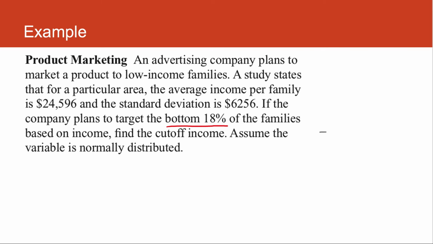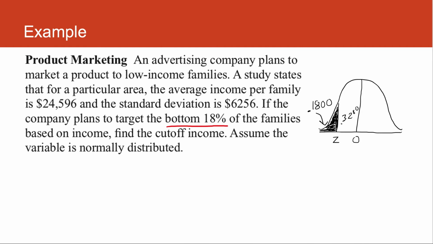All right, so on these problems, you would want to draw a curve first and shade what constitutes that bottom 18%. So remember that you're either shading in the left tail, that would be a bottom, or the right tail, which would be a top, or you're shading right in the center, which would be the middle. All right, so the first thing that I need to do is I need to find that z-score. So I know that the area of the shaded region is 18%, which would be 0.18. I know that the area from 0 to z, remember if it's in the tail, you subtract from 0.5. So the area from 0 to z would be